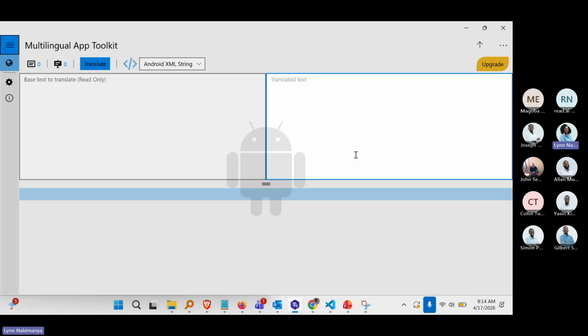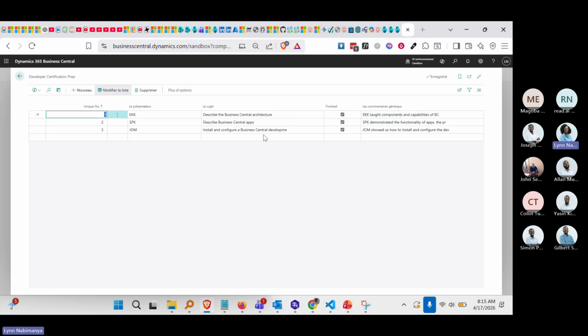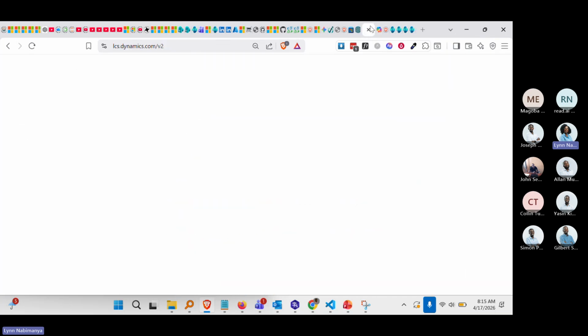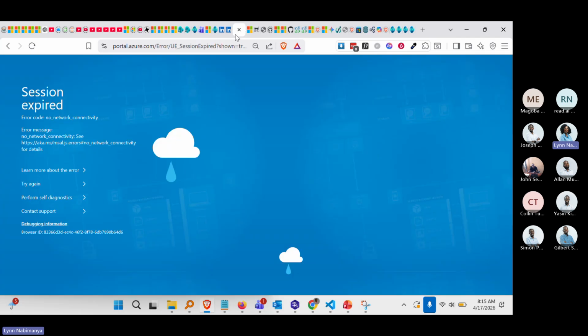Okay, so you would be able to do that. But now when you try to install it right now, you're not even able to really use it and test it, because they completely discontinued it. Among other tools, there was also one that would utilize the life cycle services, where we had an icon here to translate, but again, Microsoft moved from that direction, and now what they are recommending is to use Azure